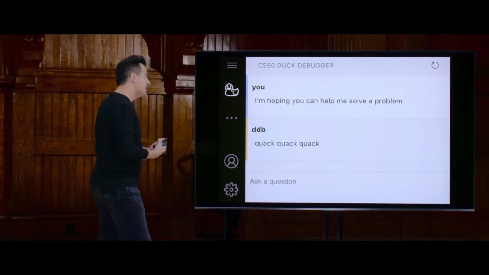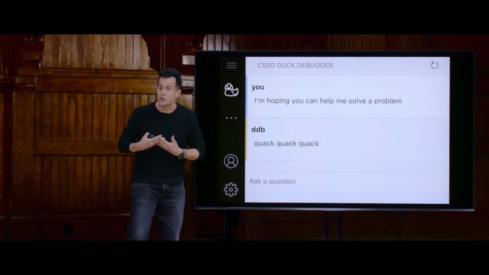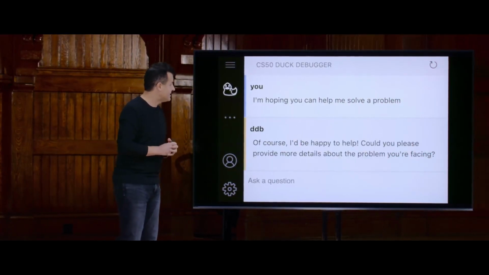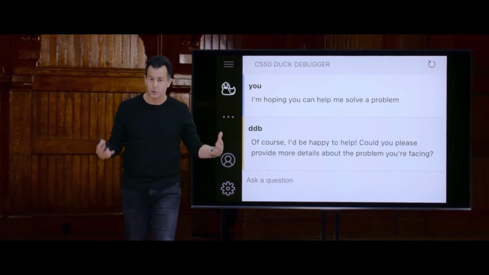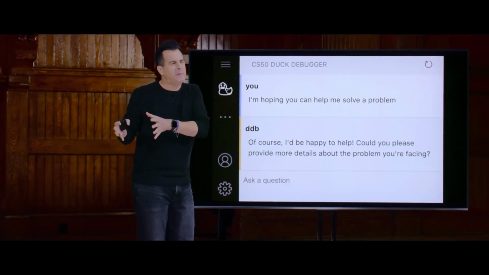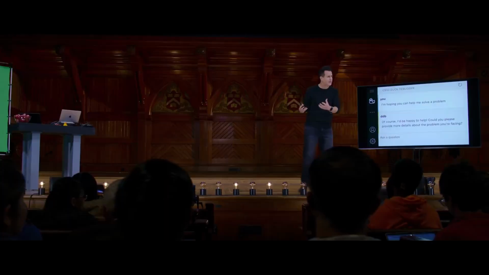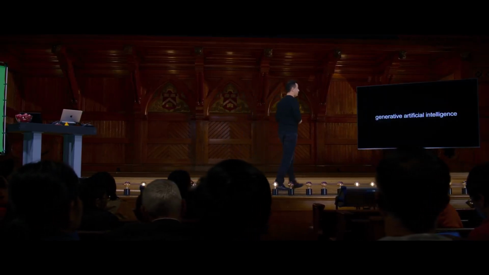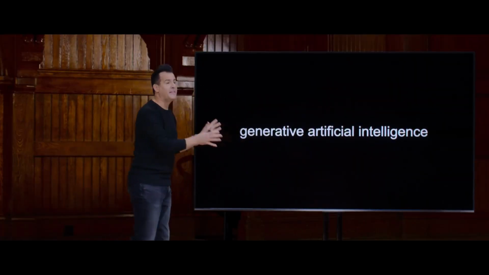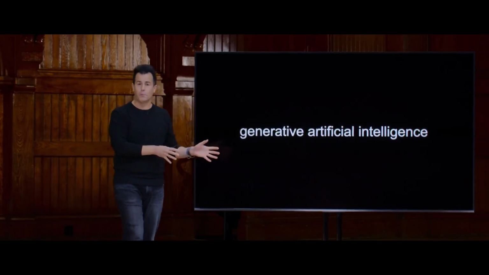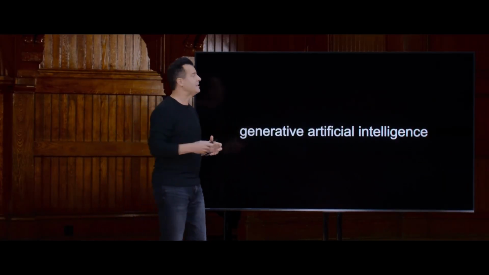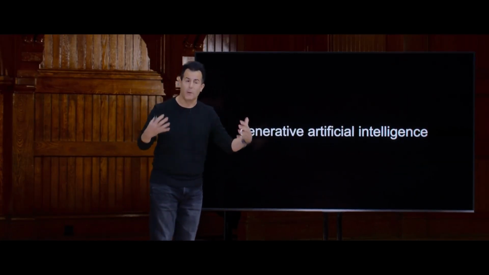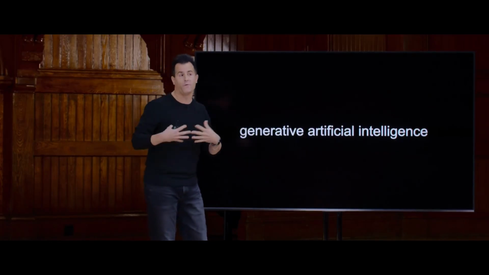But of course, now that we live in an age of ChatGPT and Claude and Gemini and all of these other AI-based tools, it came as no surprise, perhaps, when in 2023, this same duck started responding to students in English. And that now is the tool that they have available, which is, in effect, meant to be a less helpful version of ChatGPT, one that doesn't just spoil answers outright, but tries to guide them to solutions akin to any good teacher or tutor. And so today's lecture is on just that, and the underlying building blocks that make possible that rubber duck and all of the AI with which we're all increasingly familiar, namely generative artificial intelligence, using this technology known as AI to generate something, whether that's images or sounds or video or text.